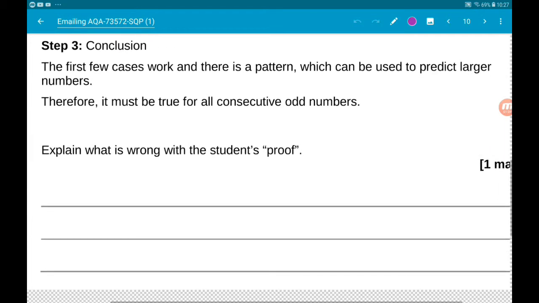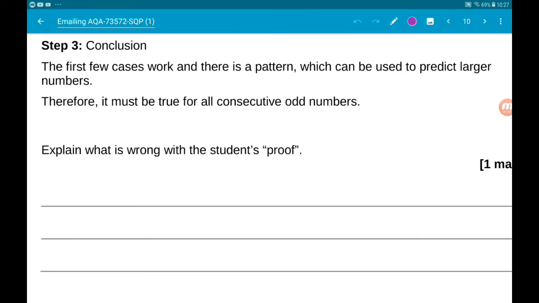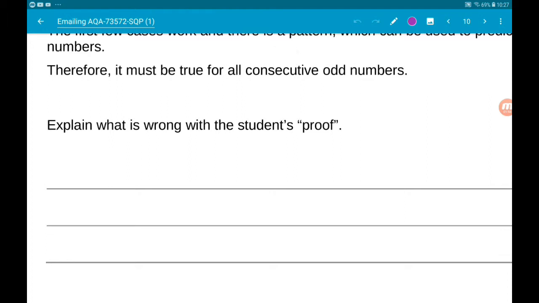Part A asks us to explain what is wrong with the proof. So, the problem with the proof is it is not a proof. All that he has done has checked that it works for a few examples. So, all that he has proven is that it does work for those examples. So, we should say something along the line of his method is not exhaustive,